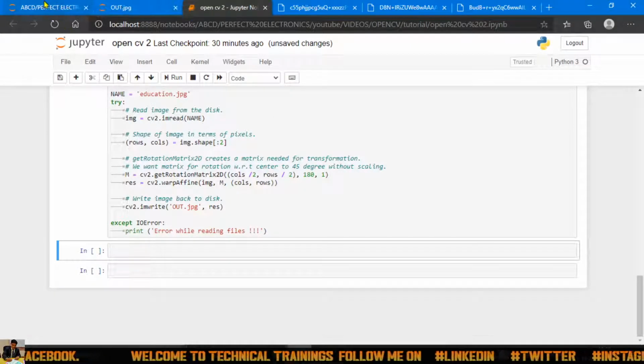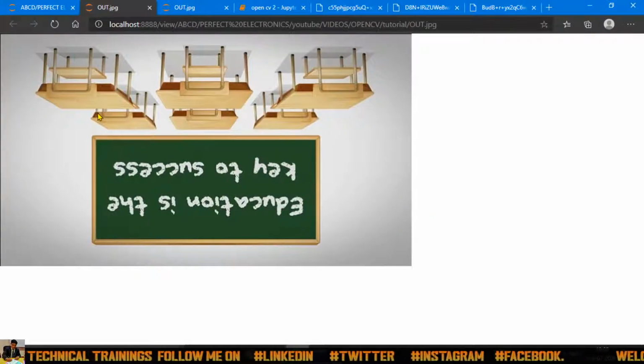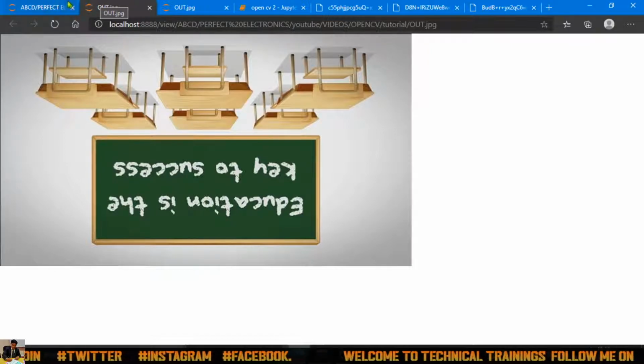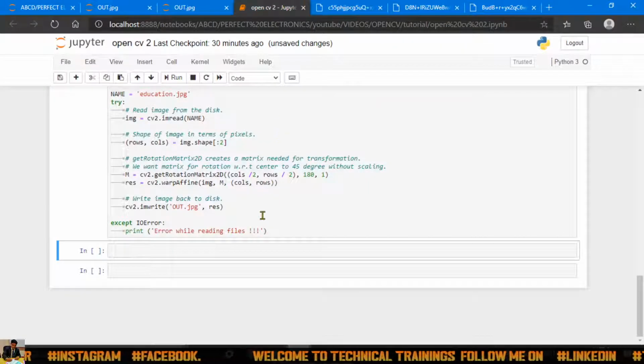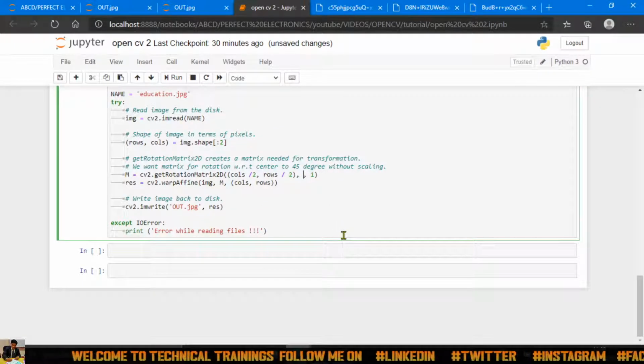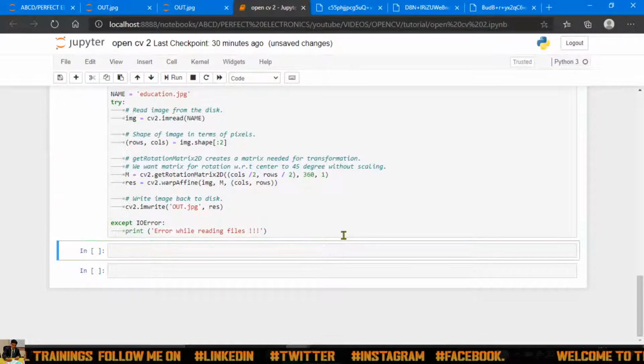If I execute this, go over here and check it, it will get shifted over there. It's rotating in the anti-clockwise direction. Now I will just change it to 360. Let's see, 360.